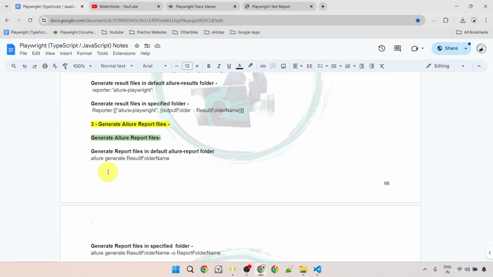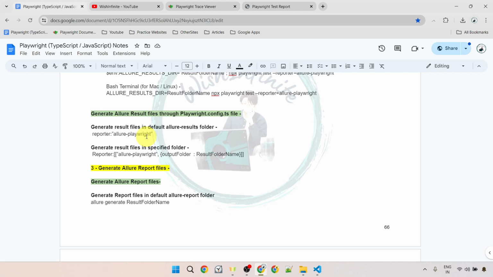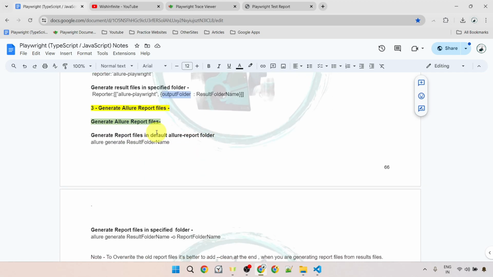Because we are providing it inside the playwright.config.ts file. And if you want to specify the folder name here inside the playwright.config.ts file, you can use this array of tuple where you can provide the reporter name and then specify the output folder name. After generating the result files, you need to generate the report files, and for that you need to use this